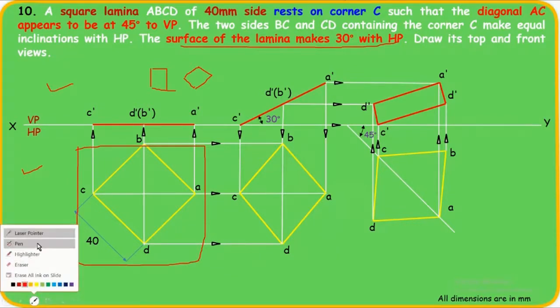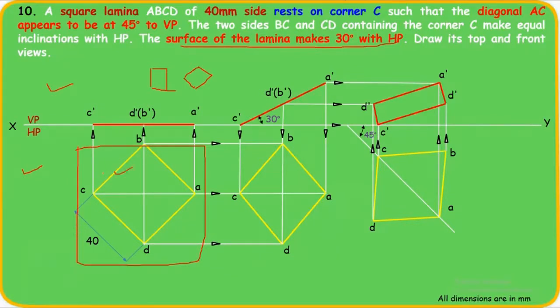Once you draw the top view, in the first step draw the projections and obtain the front view. This is your step one. And without fail, show the dimensions here. After this, what is the next step? Remember, whenever a lamina is resting on the horizontal plane, in the second step you have to take the angle with respect to the horizontal plane, then last with respect to the vertical plane.